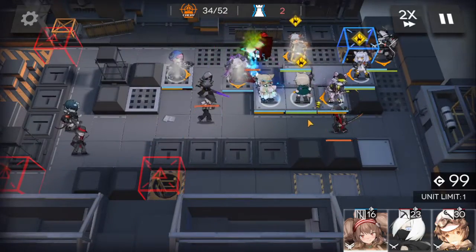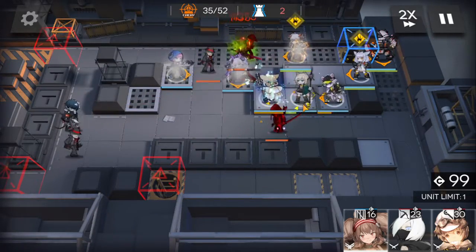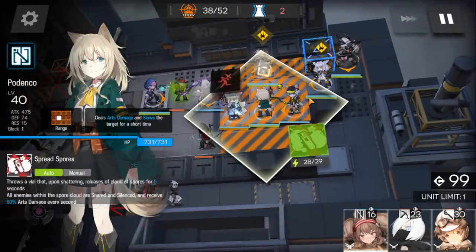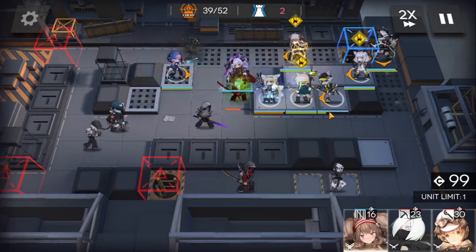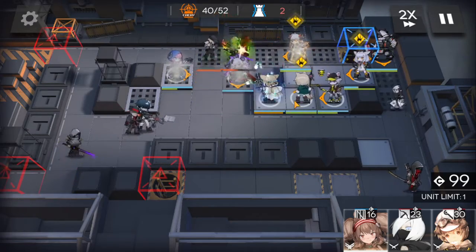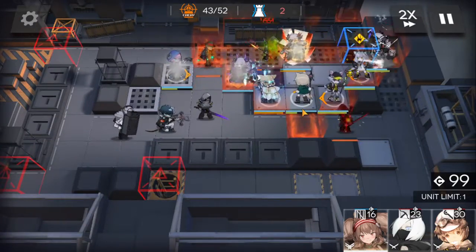Now these red Avengers are the ones that you really especially have to look out for. So we're going to pop Podenko's skill as often as possible. Oops. See, that was targeting the big boy up top. I wasn't paying attention. Now he's outside of range. But if push comes to shove, we have our secret weapon in Saria's skill 3. And you can see as soon as he's back in Podenko's range, we'll pop this again. And hopefully...